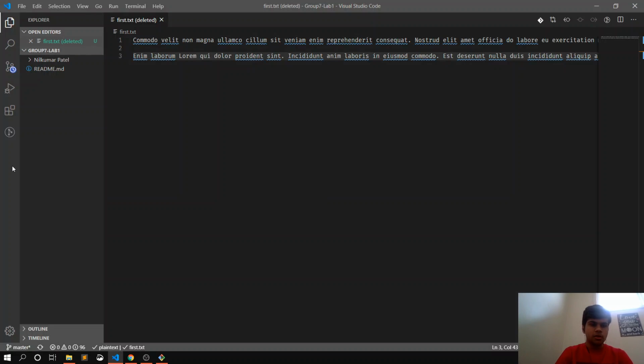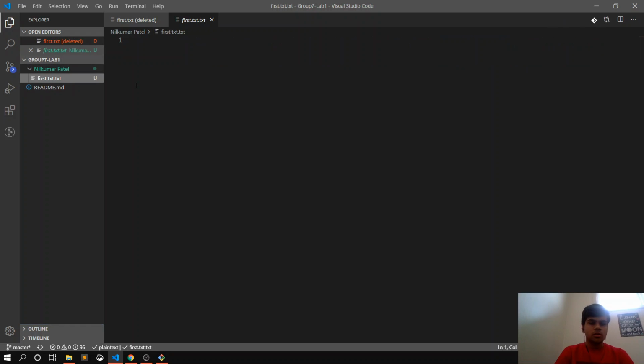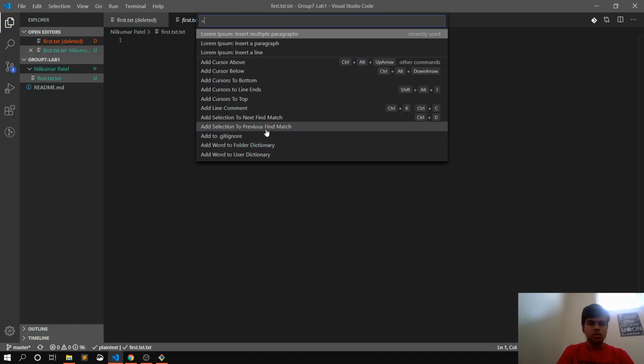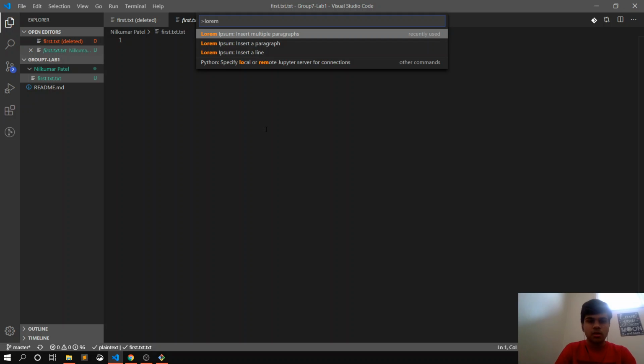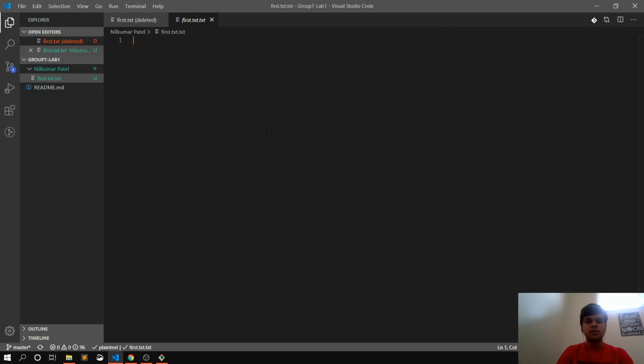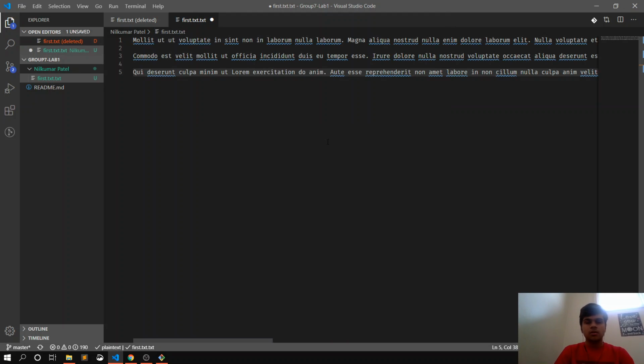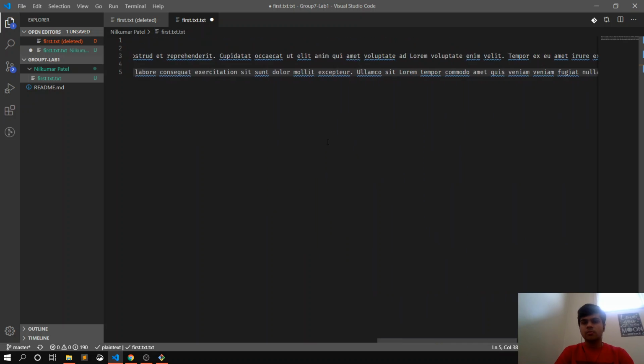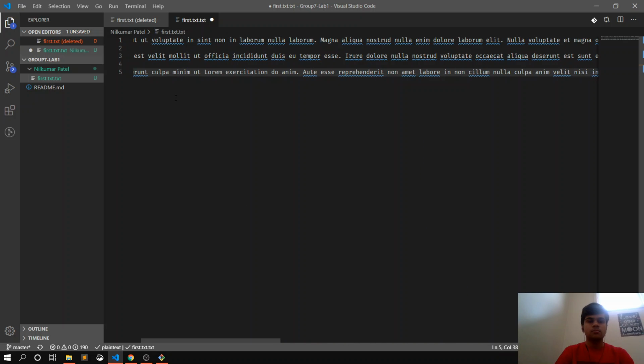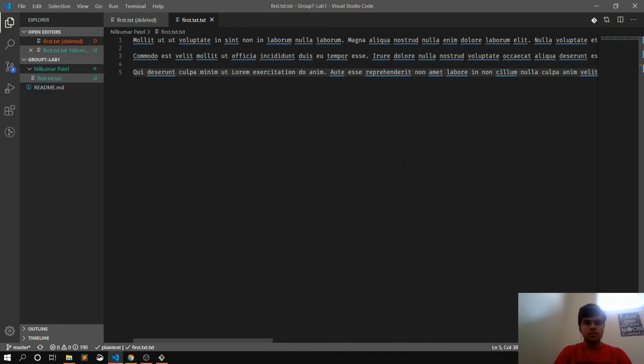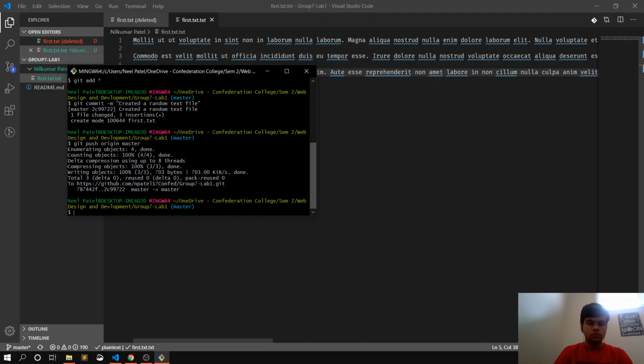I'll open that up in Visual Studio Code, and again I'll do the same thing. I'll have 3 random paragraphs, and these are all the paragraphs that are written randomly for me, so I don't have to create one by myself. I'll just save this file, go to Github, and